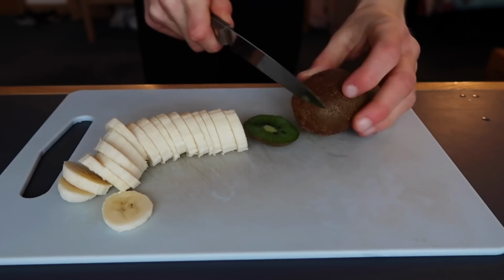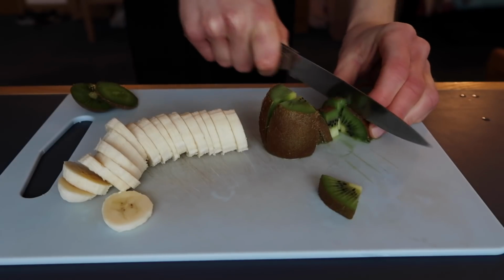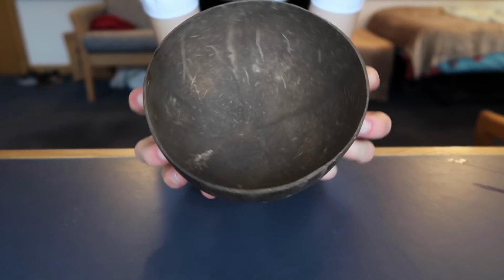So to top it off, I will add banana and eat a lot along the way, kiwi, which I chopped up and washed thoroughly before so that I can eat the skin, and I poured it into my coconut bowl,